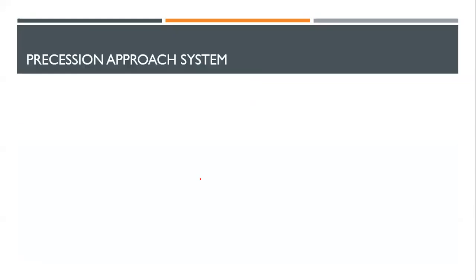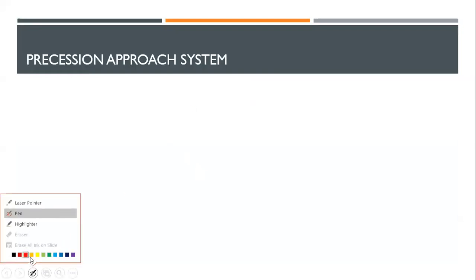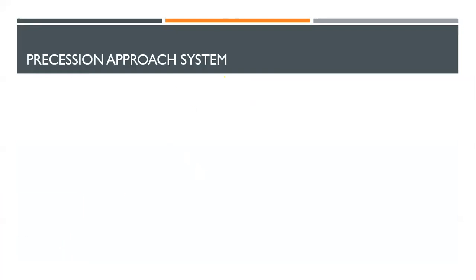We'll study one by one all the components of the ILS. Now, I must have told you that there are two types of approach systems. One is the precision approach system, and the second is the non-precision approach. Now, if I want to recall the same thing, I will write it here. Why is ILS termed as a precision approach system? Can someone tell me?